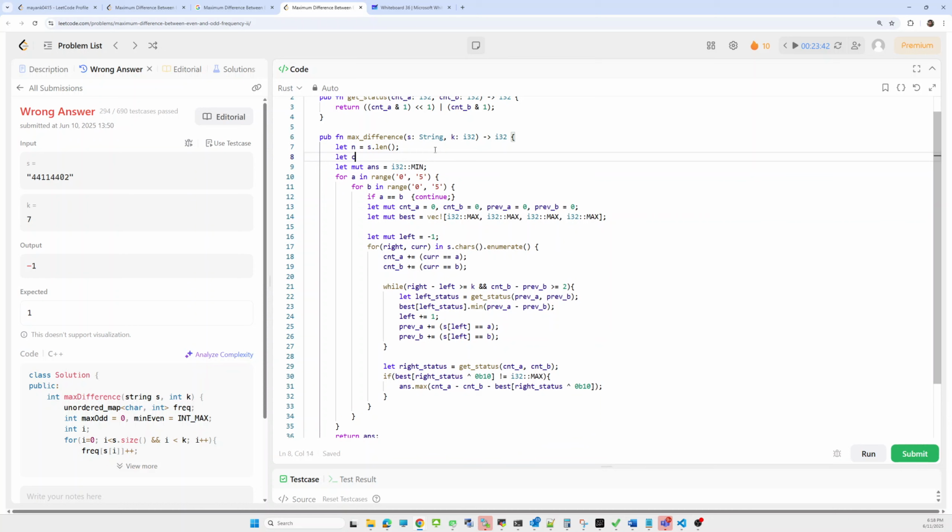Let that be a vector, an array of characters, of s dot chars. To iterate over the string we'll use dot chars, and to get all the elements into the character array we'll call the collect method. Collect.